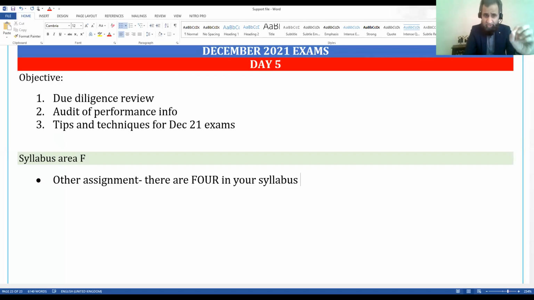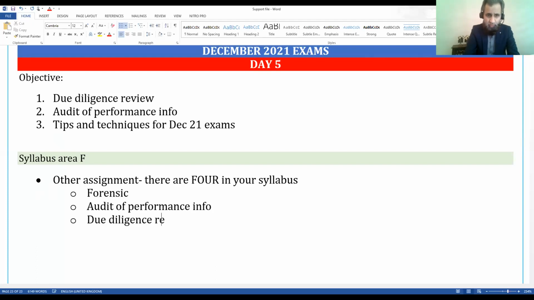I hope you know the links, right? If you just list the 4, one is forensic, one is audit of performance information, one is due diligence review, and one is the